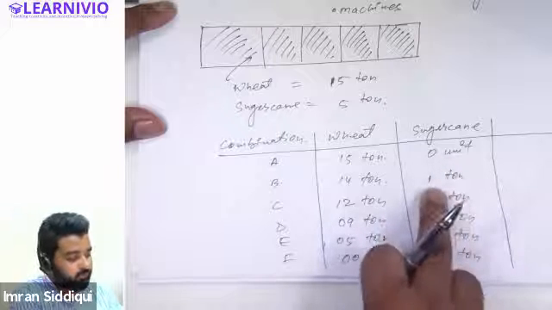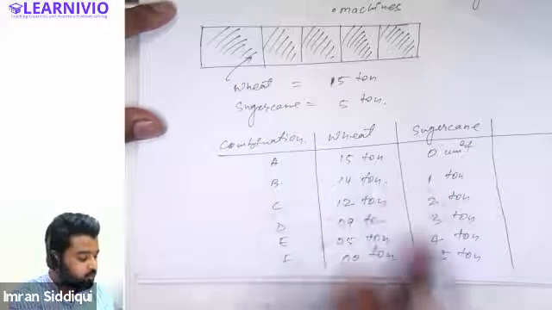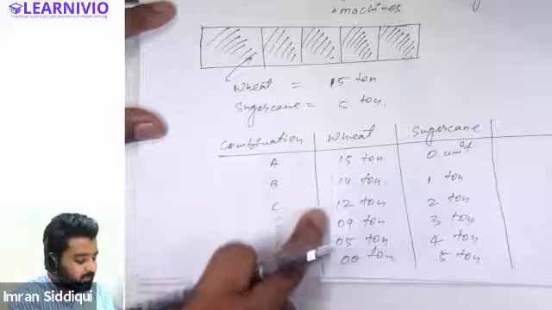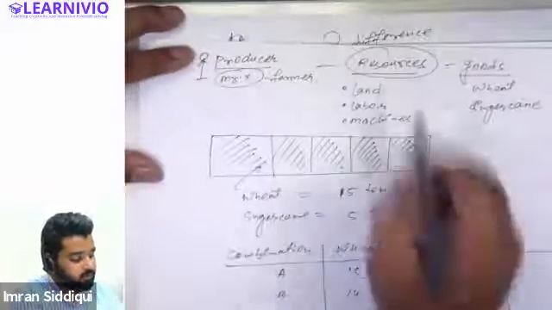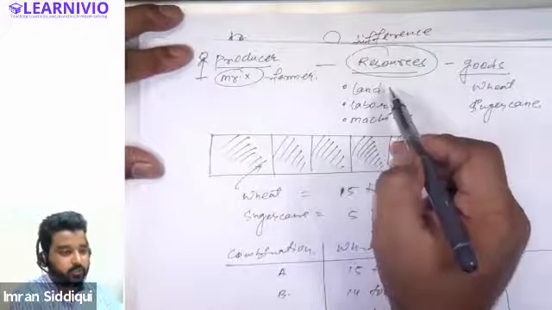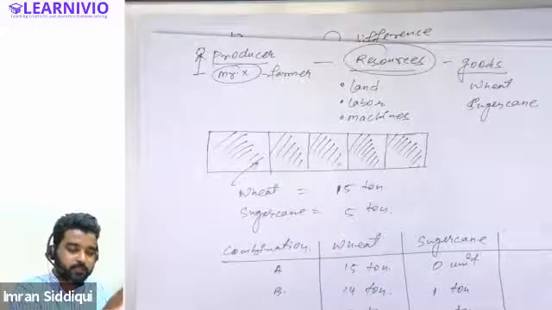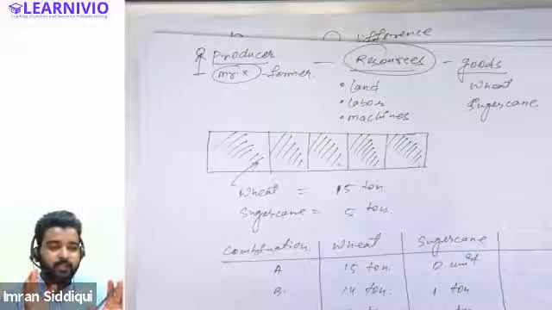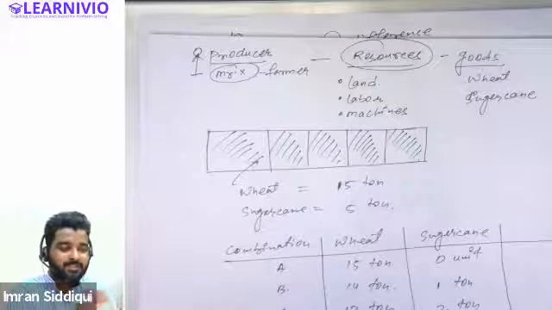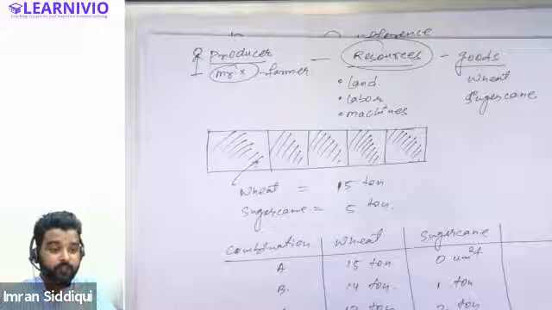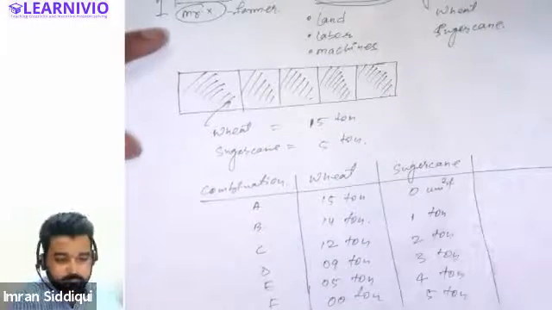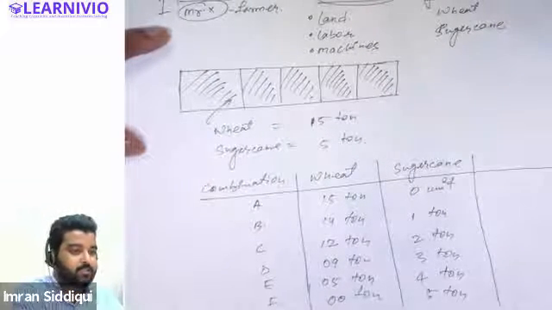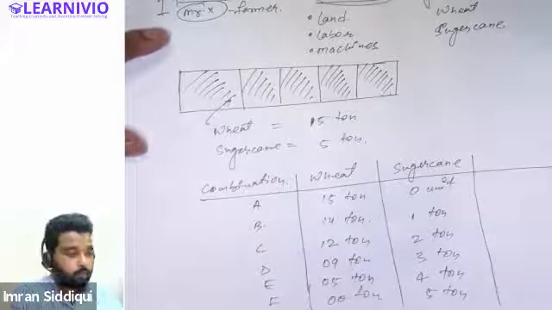Now he wants to increase the production of sugarcane. As he increases the production of sugarcane, you will see that there is a decline in the production of wheat. Why is this happening? Because fewer resources are now available for the production of wheat. As the production of sugarcane increases, resources will be allocated for sugarcane as well. Now less land will be available for the production of wheat. Hence, production of wheat will decline continuously. Is it clear to everyone? Please let me know. Is it clear, Samiksha, Mehjabi, Steve? Yeah, it's clear. Okay, all right.